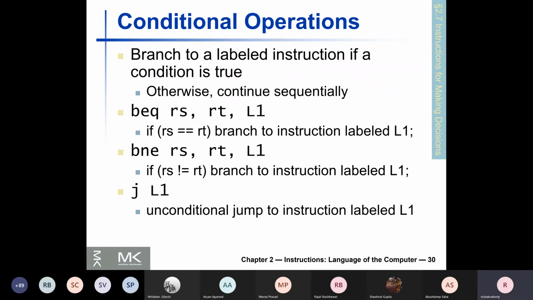So non-sequential execution is extremely common in high-level programming languages, and as you translate them into assembly language, they are also very common.